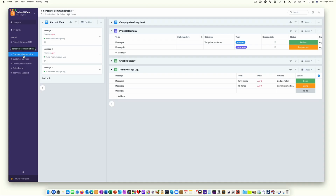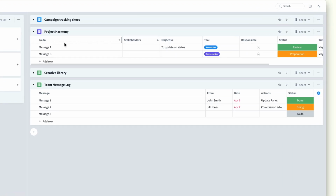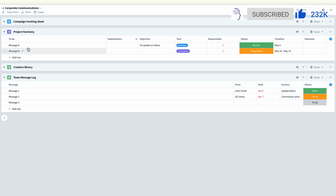In corporate communications, you can see that I've created a project harmony messaging plan here. So we've got message A, we've got the stakeholders we want to send it to, the objective of the message, the tool that we're going to use, and here I'm using different tags for that. I can assign responsibility to individuals from my team, and I can assign a status, which as you'll expect will mean that we can show this as a Kanban, and a date,